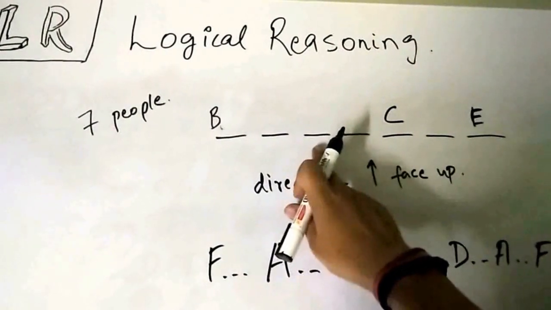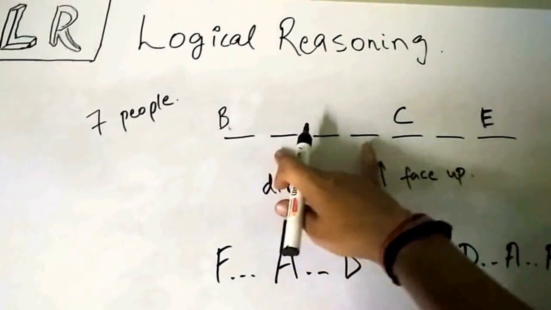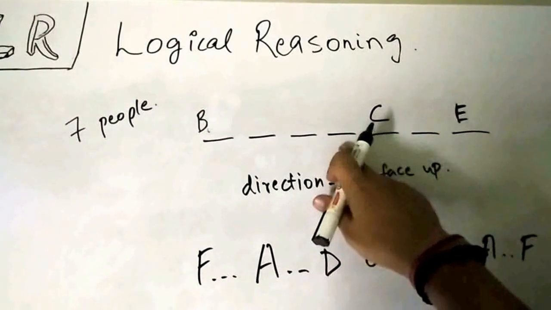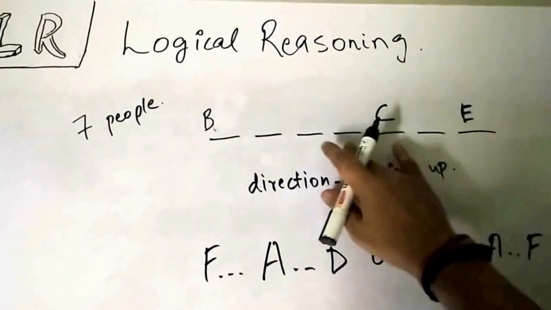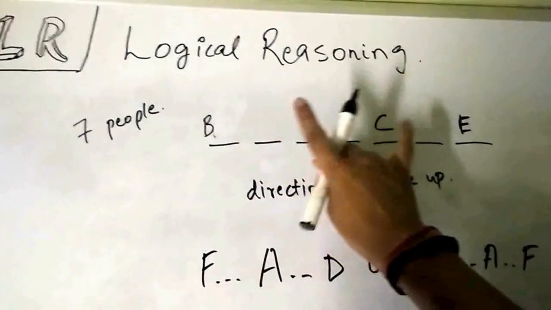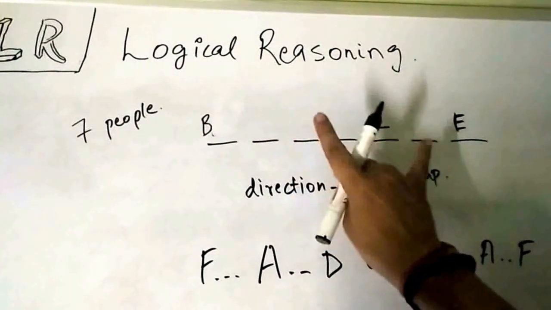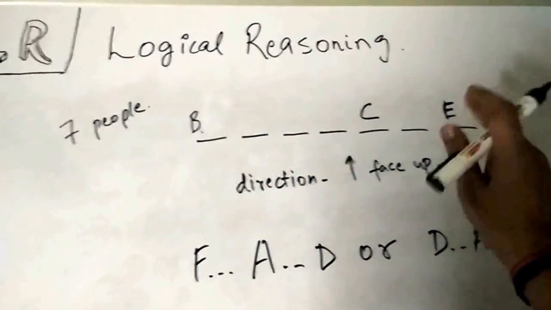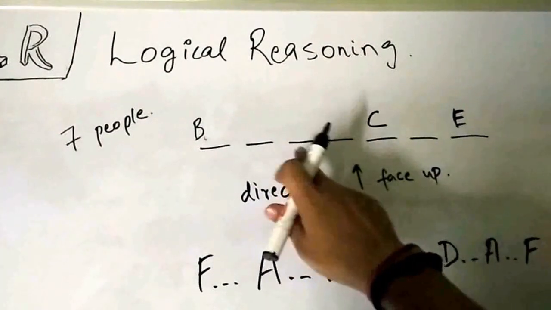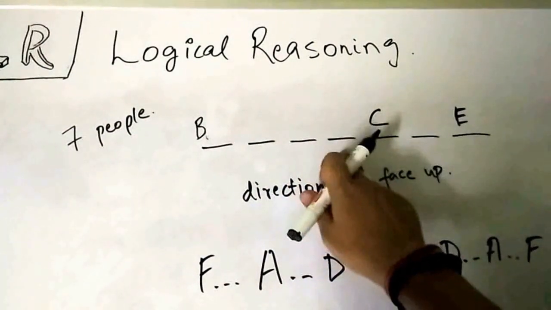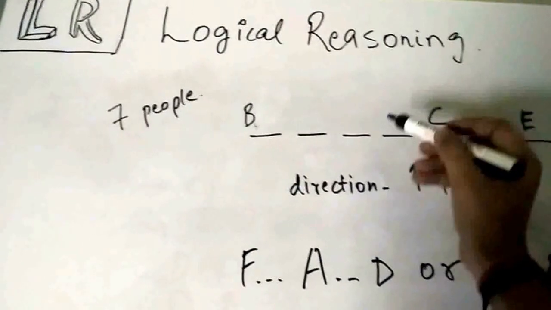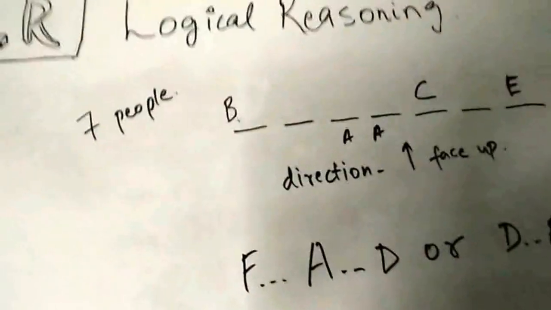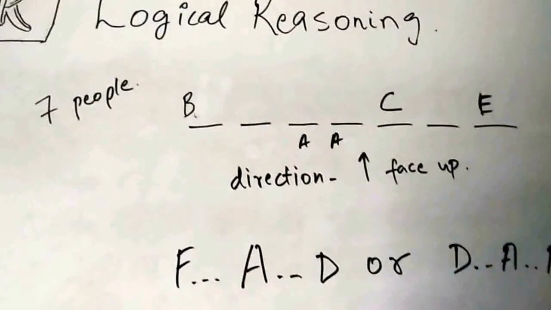A can sit here, then we'll have two options for F and D, that can be these two places. Can A sit here? Yes, it can. So if A sits here, D and F have to sit here or here, right? And A cannot sit here because then there will be no place left for F and D to sit. So we are sure that A can sit either here or here. So there are two places for A. Okay, next move to the next clue.